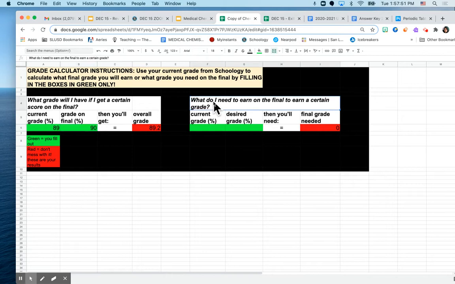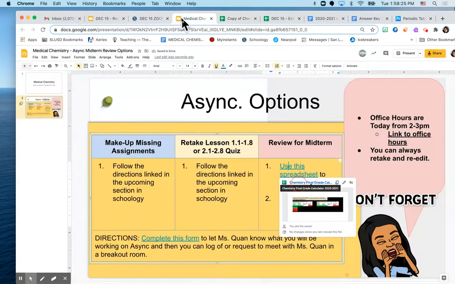Another question you might ask yourself before entering the midterm is, what do I need to earn on the midterm or final to earn a certain grade? Let's say you have an 89% in this class right now, and you want to get at least an A minus or a 90%. In which case you need to score a 94% on the final. So you would need to score a 94% on the final. If that doesn't look very possible, and you don't know if you can score 94% on the final, then I would recommend